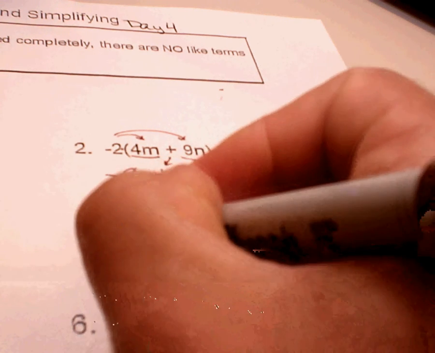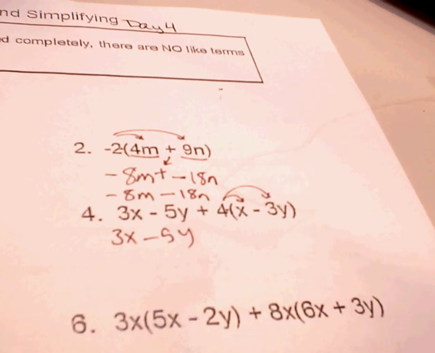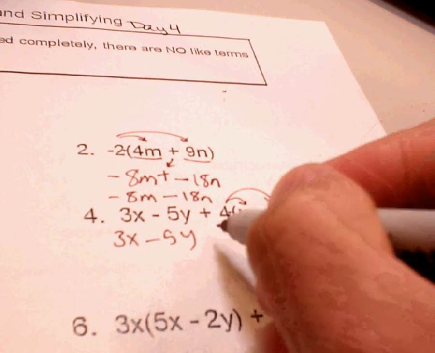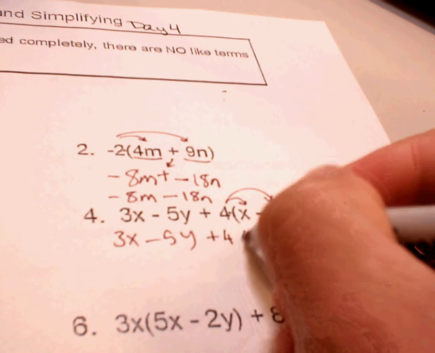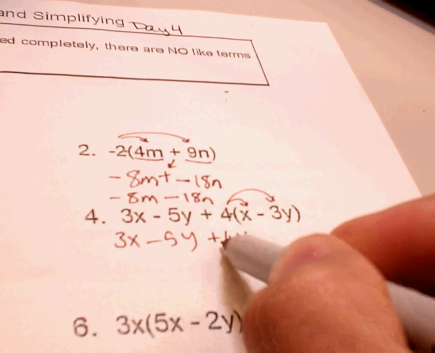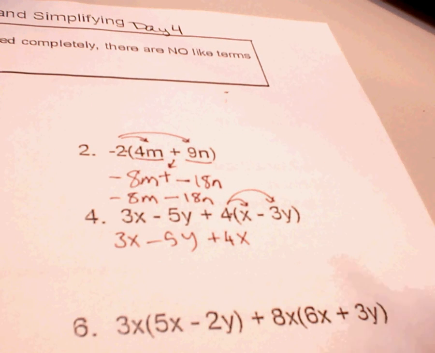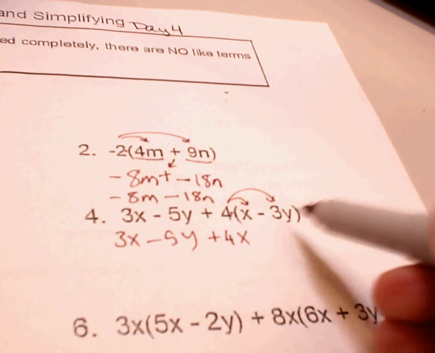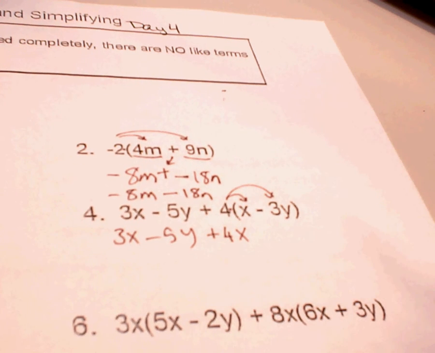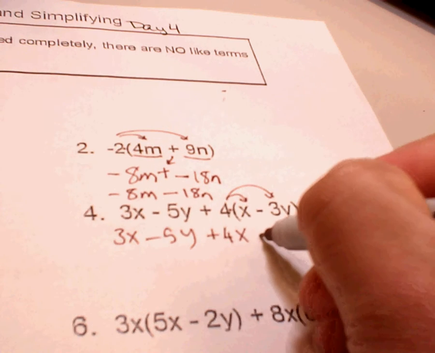I'll copy everything else same, 3x minus 5y, and I'm distributing a positive 4. Positive 4 times x is positive 4x. Adding a positive is still addition, so I keep my addition sign. Positive 4 times negative 3 is negative 12. Here's my negative 12